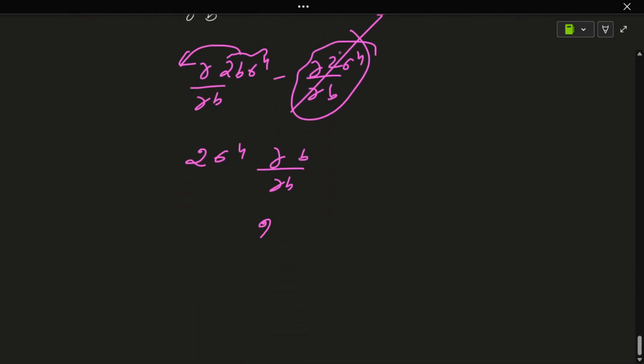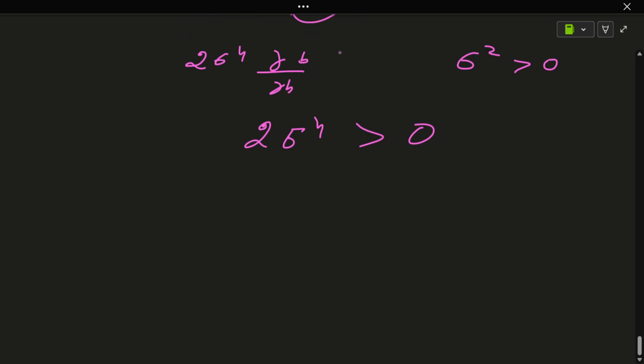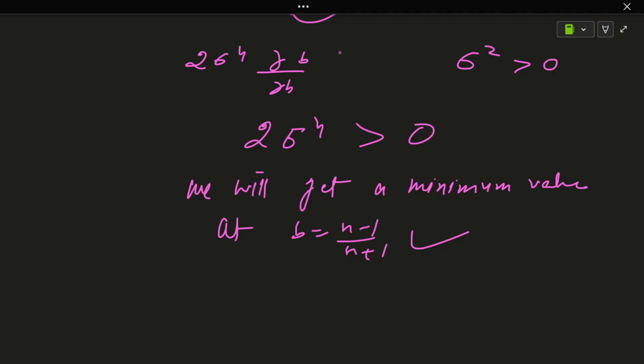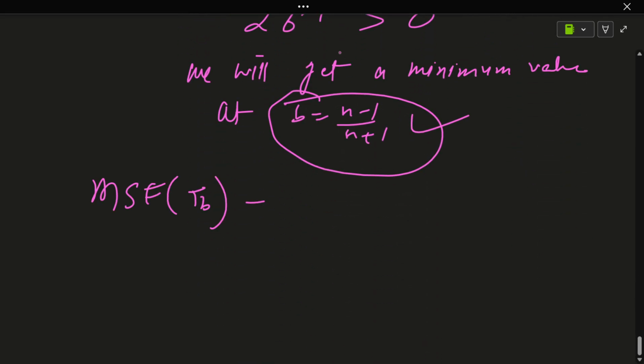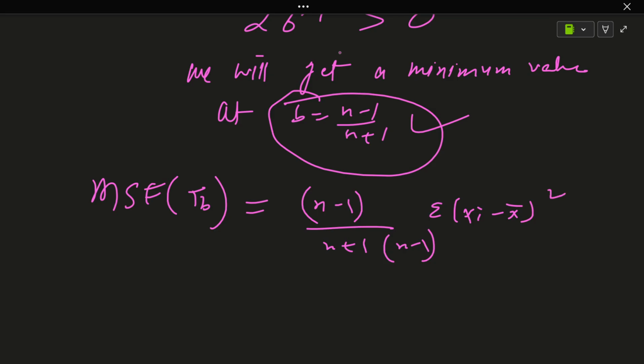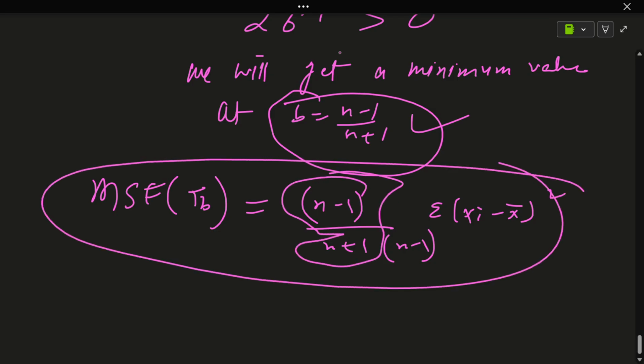d बाई डी ऑफ b। तो ये क्या होगा, सिग्मा 4 एज सिग्मा स्क्वायर इज ऑलवेज ग्रेटर देन 0, सो ये ग्रेटर देन 0। मतलब जब ये ग्रेटर देन 0 हुआ, तो we will get a minimum value at b is equal to n minus 1 upon n plus 1, hence proved। so b की वैल्यू n minus 1 divided by n plus 1, क्योंकि ये वो वैल्यू है जो पूरे फंक्शन को मिनिमम बना देती है। मतलब MSE of TB को ये मिनिमम वैल्यू बनाती है जब हमारे पास b की वैल्यू ये है और डिवाइड बाय n minus 1 समेशन xi minus x बार स्क्वायर। तो ये तब मिनिमम होगा जब b की वैल्यू ये होगी। ठीक है, सो दिस वाज द क्वेश्चन। नाउ नेक्स्ट लेक्चर में हम देखेंगे कंसिस्टेंसी।